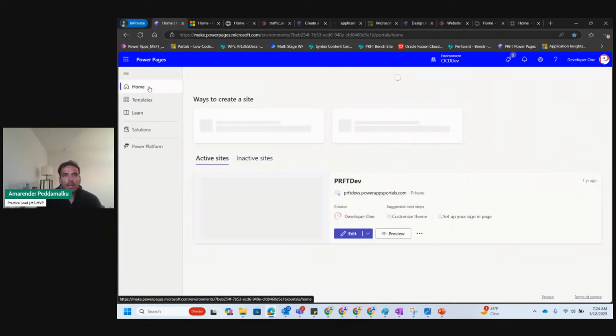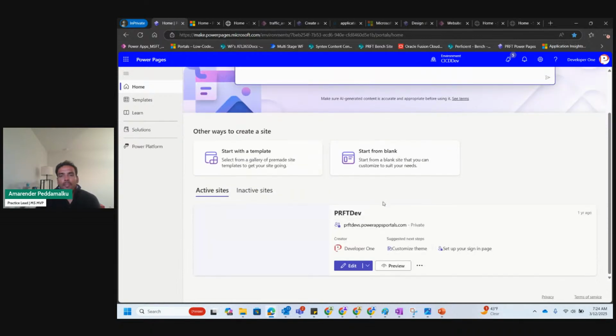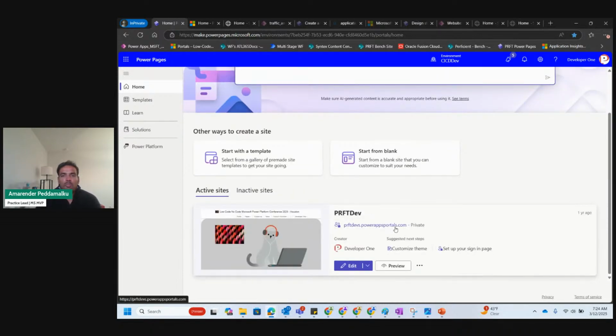All right, so let's go back to the homepage and edit one of the websites. And as you can see, here you see the Power Apps portal. So a brief history of Power Pages is they used to be called Dynamics portals before. And then I think they called it CRM portals to begin with. And then it became Dynamics portals. And then it became Power Apps portals. And now it's Power Pages. So the evolution of these Power Pages came from Dynamics portals, and everything in the backend is still Dynamics.